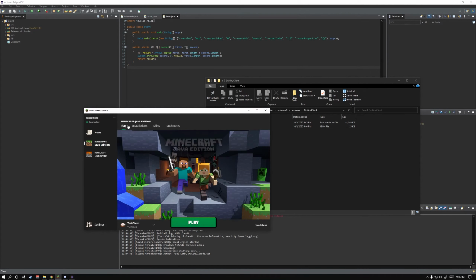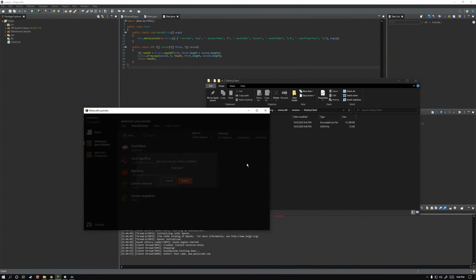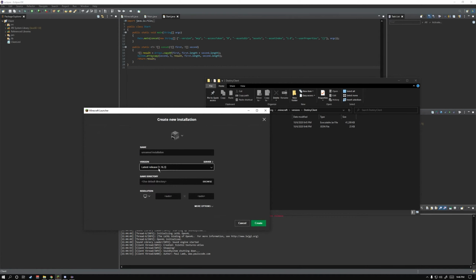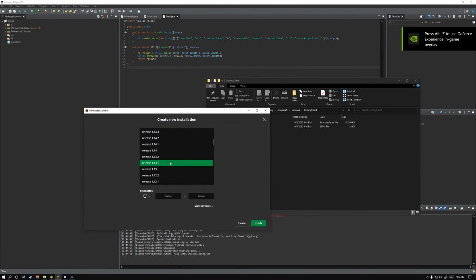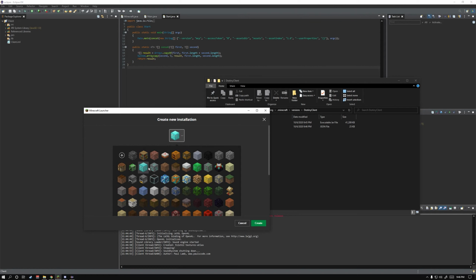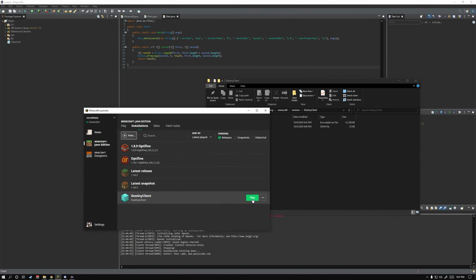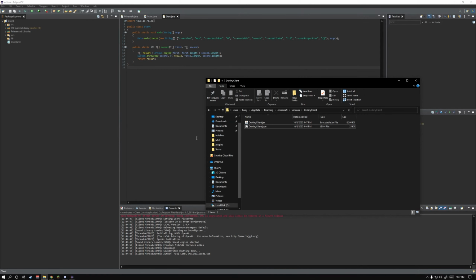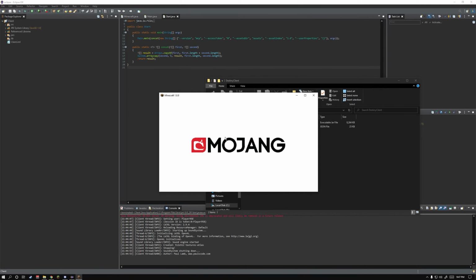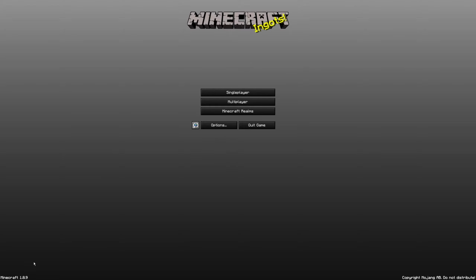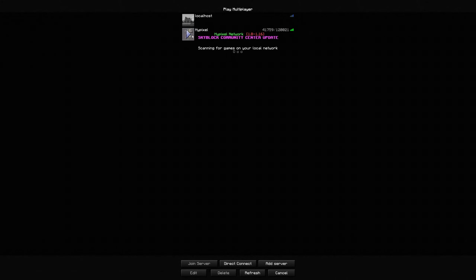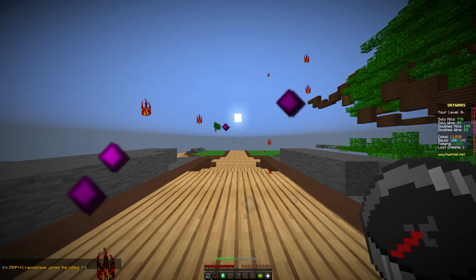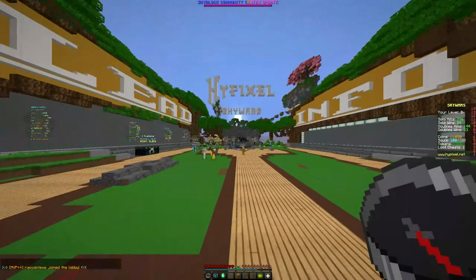Go to your Minecraft launcher, installations, new. When you scroll down, you'll find Destiny client listed, or whatever you named your folder. Name it something. Give it a nice little icon if you want. Create, play. There we go. Now you'll see, we'll be booting in 1.8.9. You're on 1.8.9, you're on your launcher, and you can do whatever now. You can join